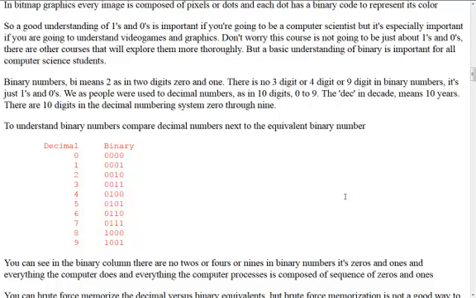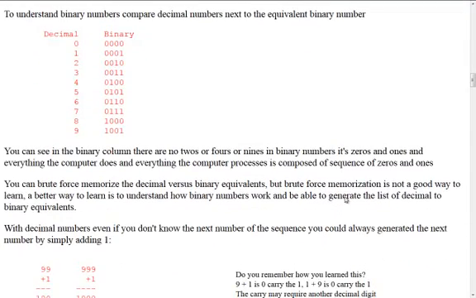To understand binary numbers, compare decimal numbers next to the equivalent binary number. You can see decimal 2 is binary 0010. You can see decimal 5 is binary 0101. You can see decimal 9 is binary 1001. You can see in the binary column there are no 2s or 4s or 9s in binary numbers. It's zeros and ones. And everything the computer does and everything the computer processes is composed of a sequence of